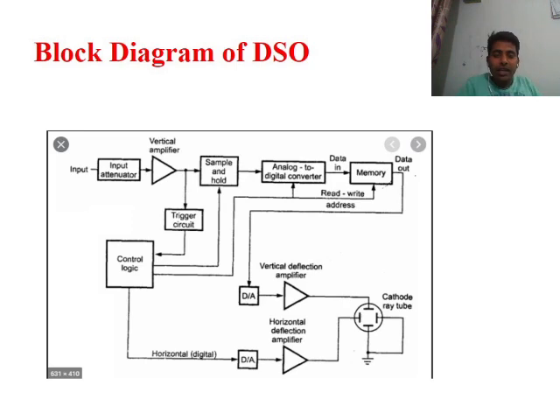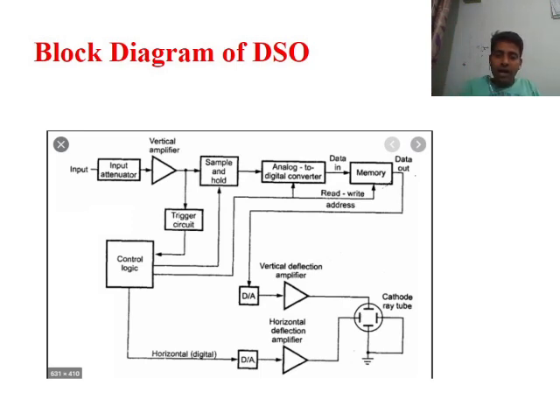We can find the block diagram of DSO here. We have an input attenuator. Since the input magnitude can be very high, we need to decrease it, and for that we have the attenuator. Then we have an amplifier to increase the strength as needed, so it is amplification and attenuation together. Next is the sample and hold circuit. As you have already studied, the S and H circuit helps convert analog signals to digital. In this DSO we process the signal in digital fashion, so the analog input signal should be converted to digital, and that is achieved through the sample and hold circuit.